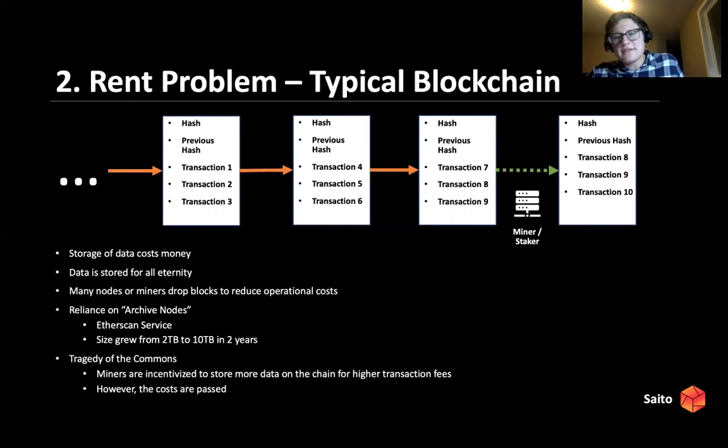Okay, so that's everything with the Infura problem. If we move on to the next problem, I wanted to cover the rent problem. With a typical blockchain like Ethereum or Bitcoin, we could see that data is stored for all eternity, right? With data on these blockchains, there's a one-time payment that you pay. It's a large sum, and then that data should be residing in the blockchain for all eternity.